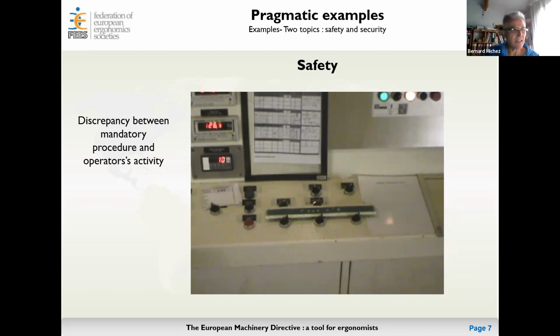So we have to understand capacities and limitations of the operators before doing anything in a situation. And this is one criteria detailed in the directive. If I bring you to the second example,